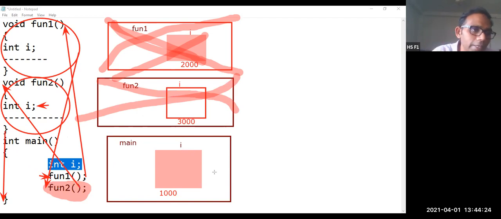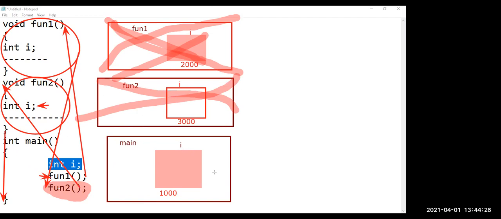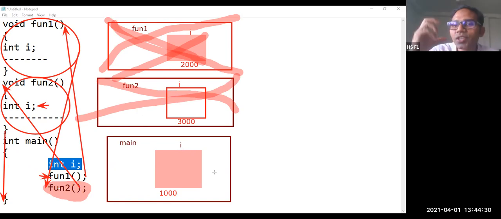Is this concept clear? Yes, sir. What happens when you make a function call? When a function call is executed, memory will be allocated to that function, and whatever variables are inside that particular function will be created. Once the function's execution is over, the memory allocated for that particular function will be destroyed.